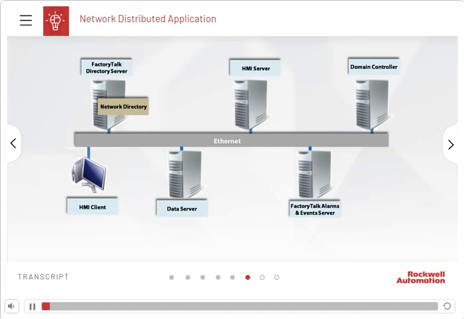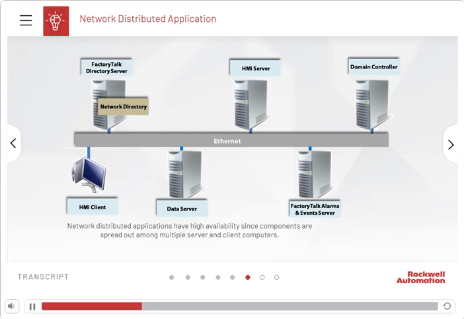For network distributed applications, FactoryTalk View SE software components are spread out among multiple server and client computers. All the computers participating in a network distributed application must point at the same network directory. Network distributed applications have high availability, more storage space, RAM, memory, and safety from failure, since FactoryTalk View SE software components, HMI servers, FactoryTalk network directory, data servers, HMI clients, etc., are spread out among multiple server and client computers